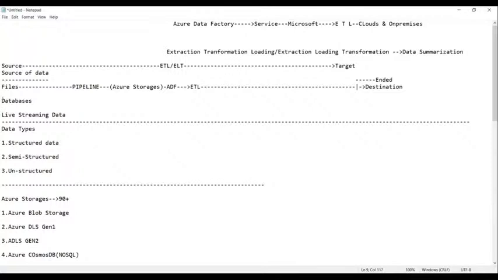Now can you see the pipeline is beginning here and ending there. In between the pipeline we have storages, then we use the ADF and perform the extraction, transformation, and loading.